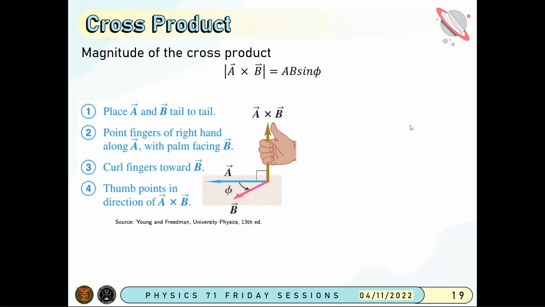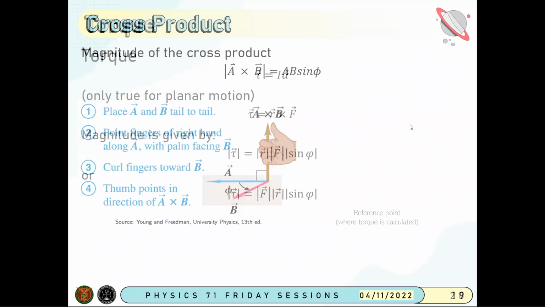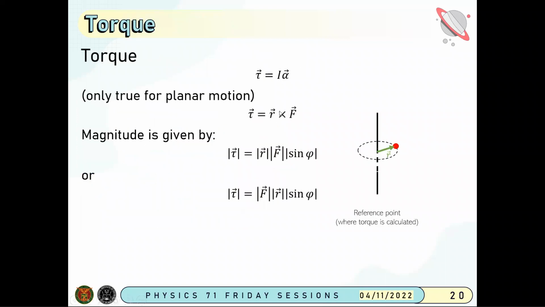Okay. So now we are ready to define torque. Torque is a vector given by the moment of inertia multiplied by the vector angular acceleration. Okay? And it is only true for planar motion. So kung nasa plane ka lang. Take note or notice na medyo similar ito ngayon sa